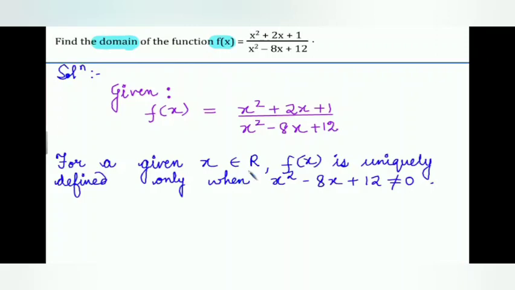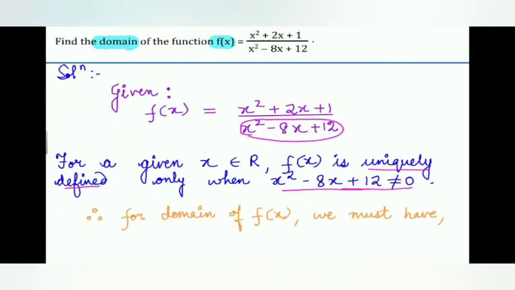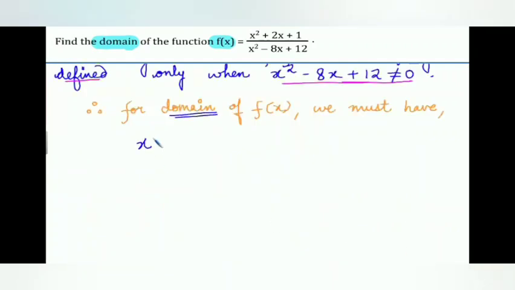So for a given x belongs to R, f of x is uniquely defined only when x square minus 8x plus 12 does not equal to 0. यानी कि कभी भी आपको रेशनल फंक्शन दिया जाता है यानी कि जो भी आपका डिनोमिनेटर होगा वो ज़ीरो नहीं होना चाहिए हमारे मैथ्स की लैंग्वेज में, राइट? बाकी कोई भी वैल्यू चलेगी. सो फॉर डोमेन ऑफ f of x we must have x square minus 8x plus 12 does not equal to